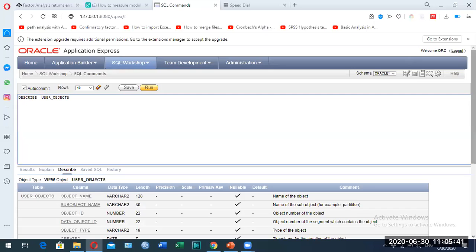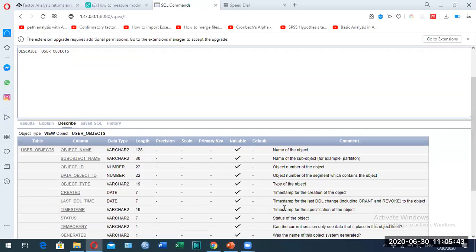Okay, we have found user objects. That table user objects has columns object name, subject name, then object ID, data. All these columns will be displayed, and they have different data types over here.